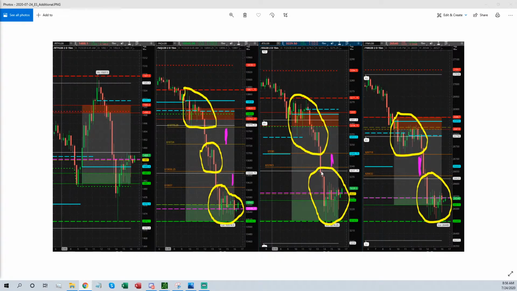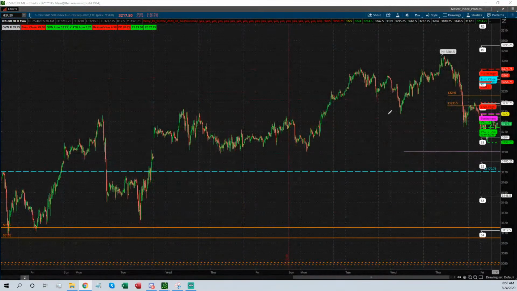So what we want to see is whether they get out of these lower distributions and up to the upper-end distributions. That's going to tell you that the bears are running out of steam. So far overnight, they've kept these three indices in their lower distributions or below. Before we get into that, let's look at the ES real quick.